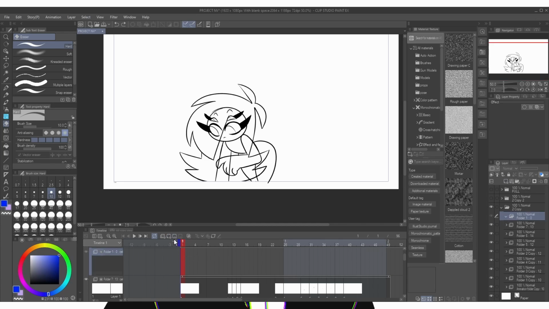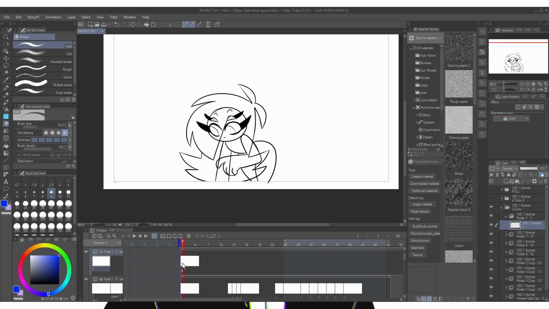And so what you do, you add a little layer in here, and see, usually it'll automatically, maybe in some versions of Clip Studio, but my version is an older version, so a lot of this stuff will have to be manually added in there.